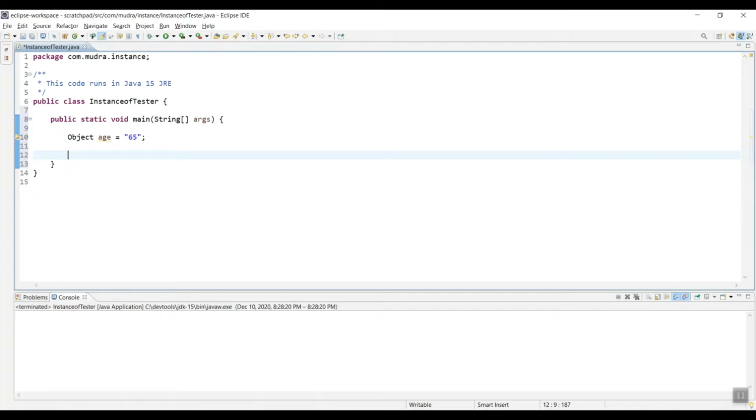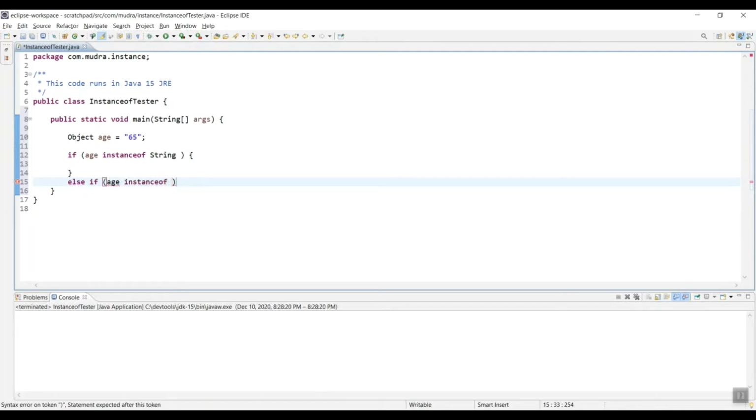In Java, the normal way to do this would be to use an instanceof operator, right? Because I don't know what this object age is. Is it a string right now or is it an integer? In order to differentiate between the two, I'll put an if statement and say if age instanceof String, then do something, else if age instanceof Integer, do something else. And if it is neither a string nor an integer, I just want to throw an exception,